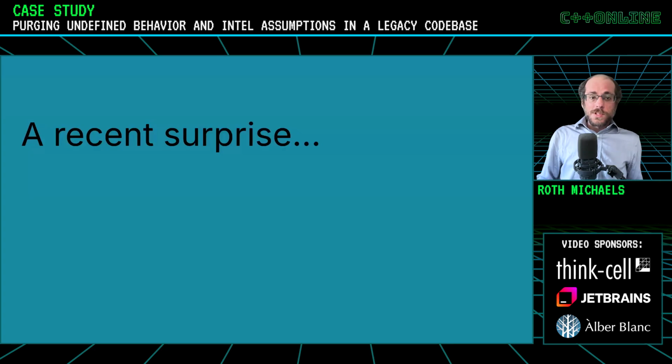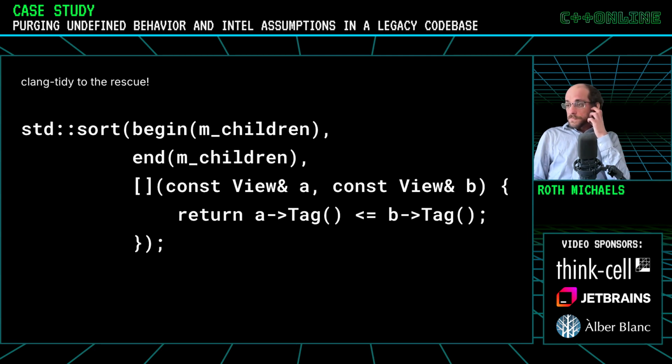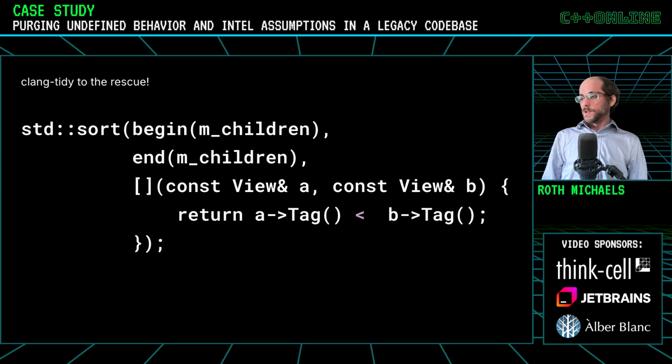And a recent surprise that was caught by Clang-Tidy that I thought was interesting is using sort. We were flagged, I don't remember the exact warning, that we weren't stable in our sorting. And the issue was we were using less than or equal to here when we should have used less than. It failed Clang-Tidy, so it failed my build. So I fixed it. But I heard from a colleague at another company, and I won't talk about other companies' bugs, that they had an issue of this not-allowed move in standard sort that was caught by Clang-Tidy, actually causing a real-world bug that they had to fix.